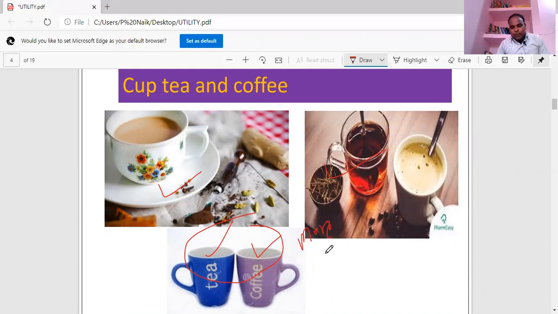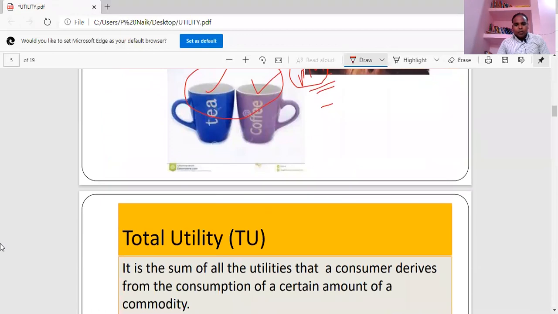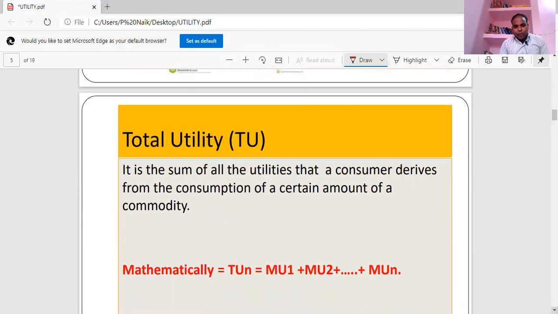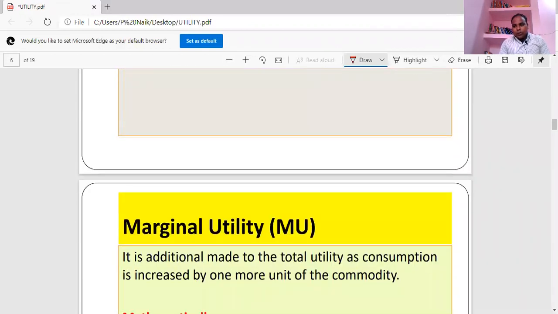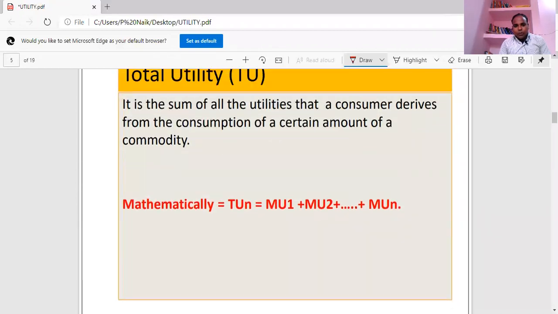You can imagine it high and low, or as a cardinal 1 and 2. That depends upon the consumer consuming the product and commodity. But according to Hicks, we can rank satisfaction like high and low, greater satisfaction or low satisfaction, we can say.